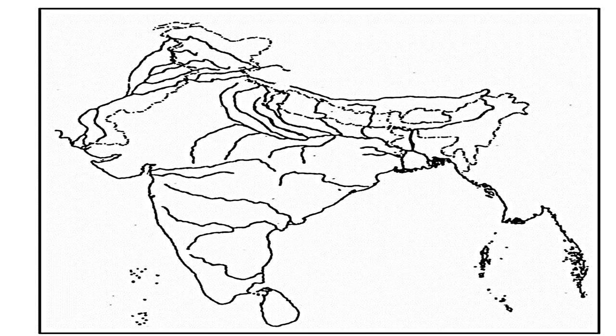Cities must be marked with reference to rivers with a red dot. In the board examination, you will be given a river map of India. If you have your own clues with reference to the rivers, it will be easy to mark the cities. So let's start from the north.